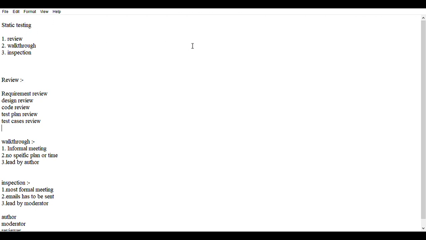What is static testing? As we all know, static testing is actually testing the documents. We are not testing the software. So we are testing the documents through techniques like review, walkthrough, and inspection. Review. As soon as we receive the document from the client, the first step is that we review the